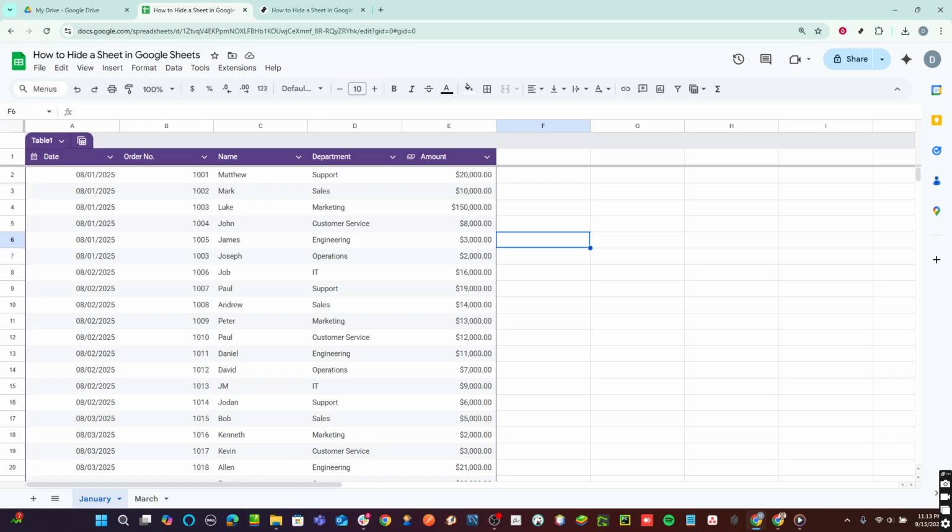Remember, if you ever need to unhide this sheet, simply click on the View menu at the top of the page, hover over Hidden Sheets, and select the sheet you want to unhide. It will immediately reappear on your tab list. This makes managing multiple sheets in a single document more manageable by giving you control over what immediately shows up